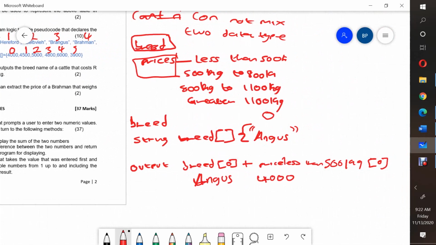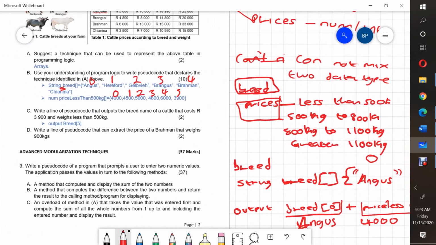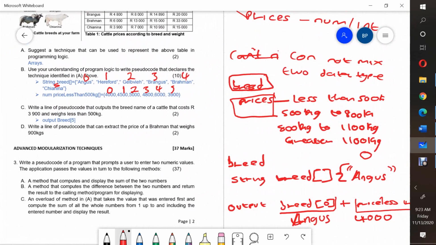That's it. When you are asked to output both of them, but when you are asked to output only the Angus, you're gonna use this. When you are asked to output the 400, you're gonna use the name of the array plus the index. That's more like it. But you also have to state what kind of an array you are using. I just wrote arrays here, arrays. There's an array, but maybe sometimes you have to be specific whether you are using a